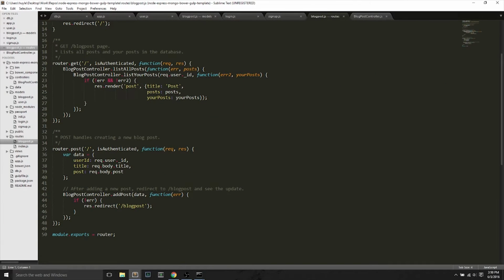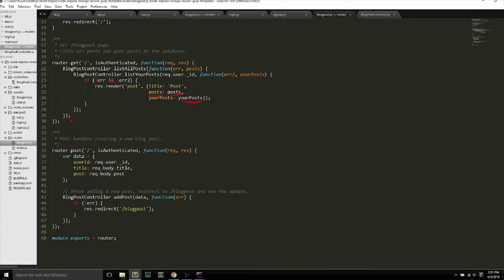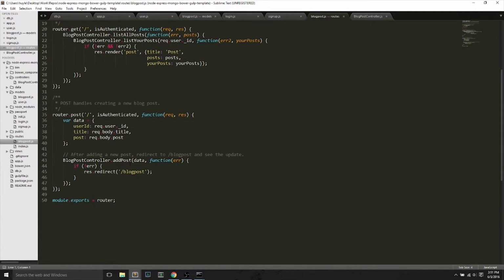And in part 1, I explained to you how the variables work. You can carry any variables into the views. So basically, I bring post into the view, I call it post, and then your post. So I bring all the posts, and so I just render the page and bring those two,